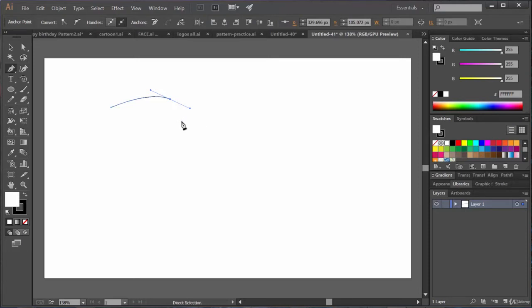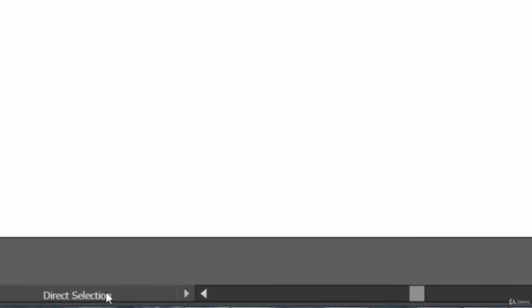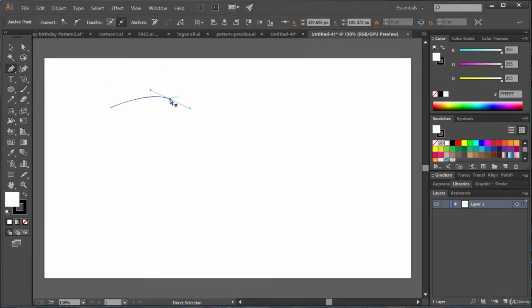Press the control key. See, currently it's the pen tool, right? Now press the control key or command key and see, here it is written that you have now selected the direct selection tool. And now you can select the anchor point and just move it down or up using the arrow keys.